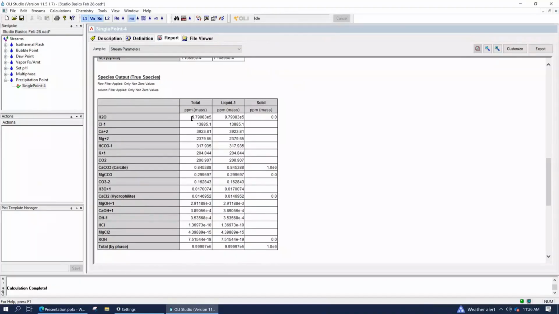Okay. So in this case, what we're curious about, and again, we're not going to dig into too much further, is what are the dominant species in this system? As you might expect, it's going to be the free chloride ion, the free calcium, the free magnesium, the bicarbonate, and the free potassium.